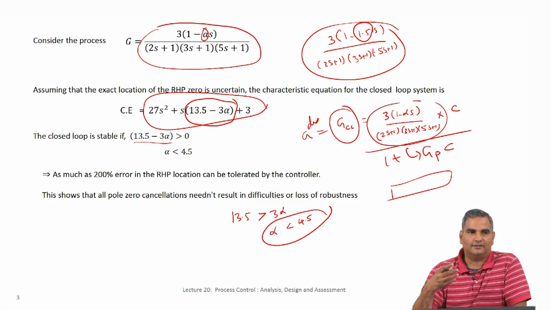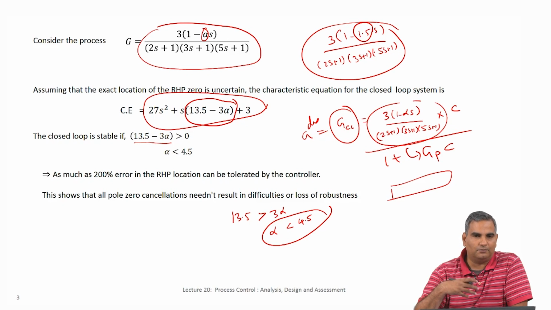The key ideas are to enable us to design a controller. We introduce some performance loss in our desired transfer function, and then we were able to design a controller which turned out to be in this case a PID form. And then we also discussed whether the pole zero cancellation will have any effect, and I showed here that you could grossly misestimate the RHP zero and still stability problems will not be there. Clearly performance comes down to two factors.